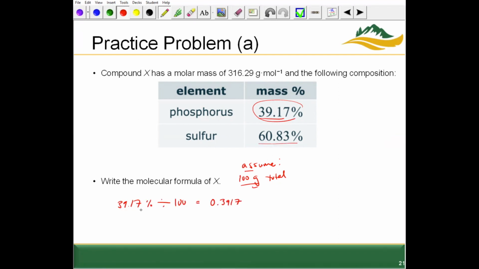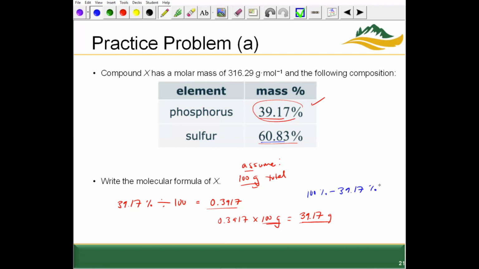So 39.17% divided by 100 is 0.3917. Now we take 0.3917, multiply it by 100 grams. This tells us for phosphorus that out of 100 grams of the total compound, 39.17 grams of that is going to be phosphorus. At this point, we can do the same thing for sulfur, or we can take 100%